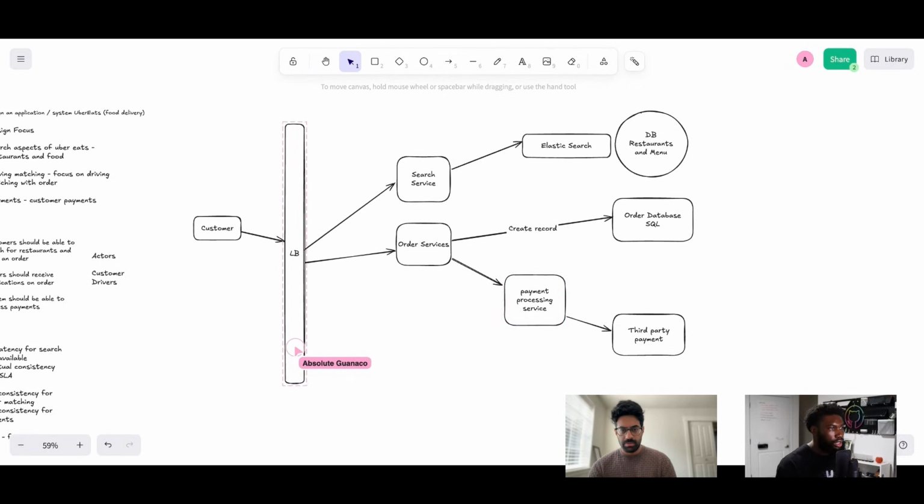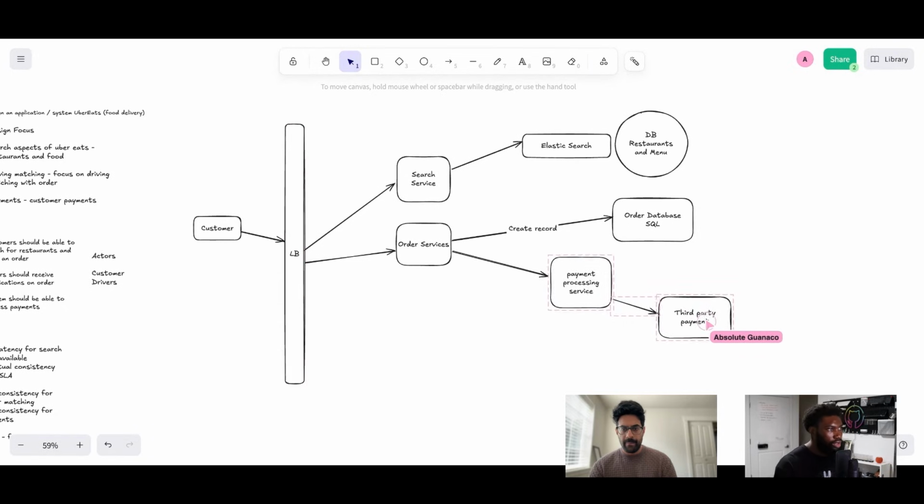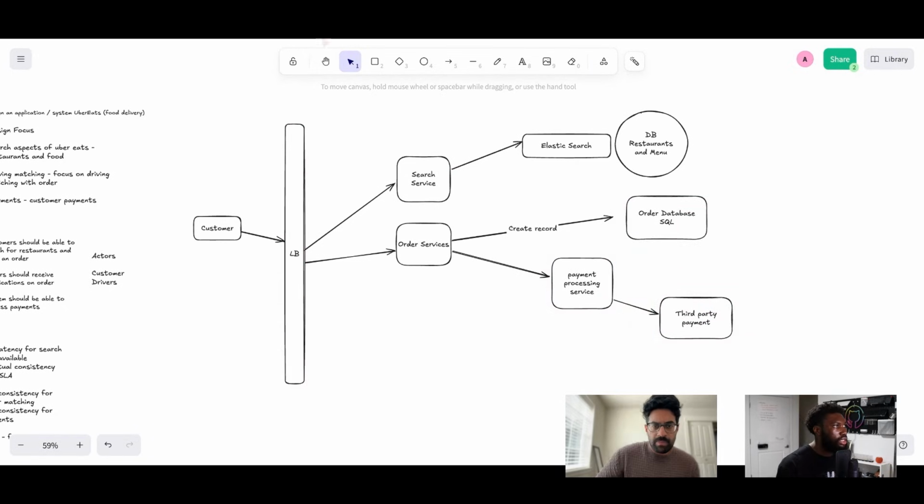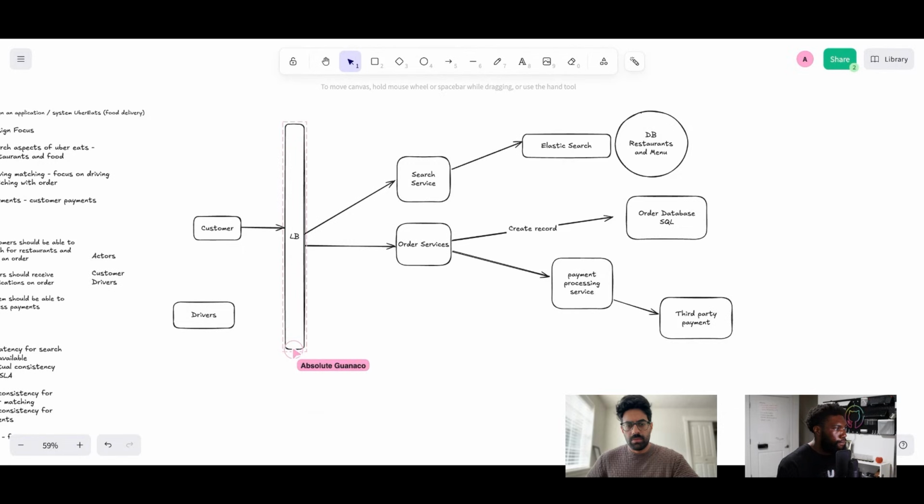Let me just move this here slightly. The driver matching. So in this case, we will have our second persona, which is the drivers. And then they will be on their app and they would be connected to a session. So I'm thinking about using a driver session similar to how